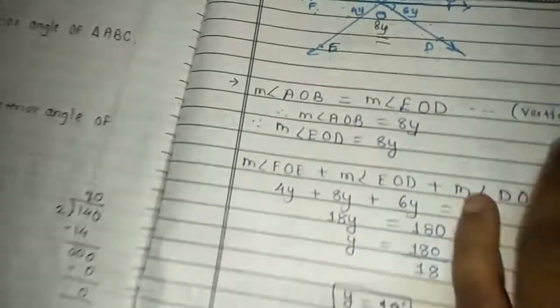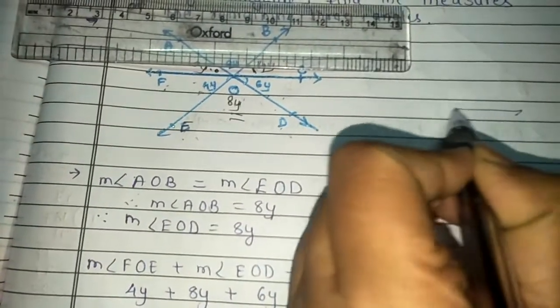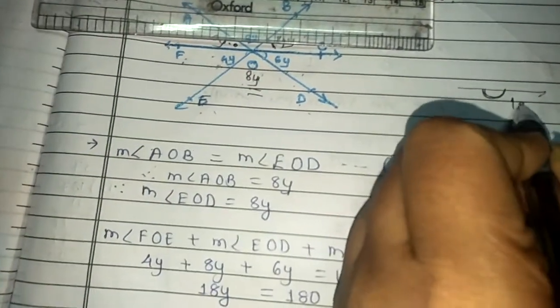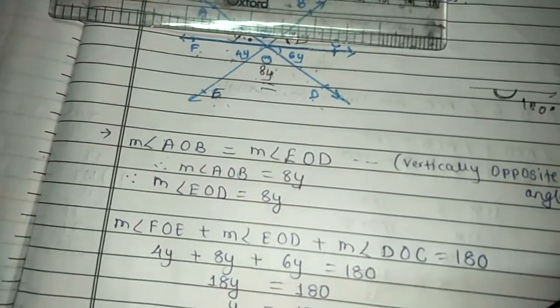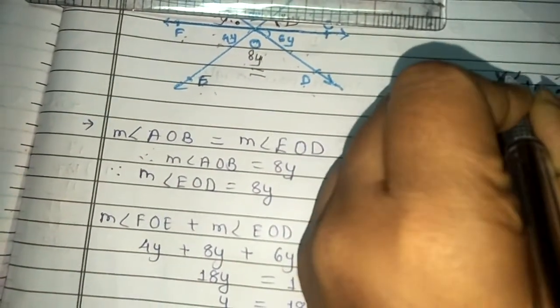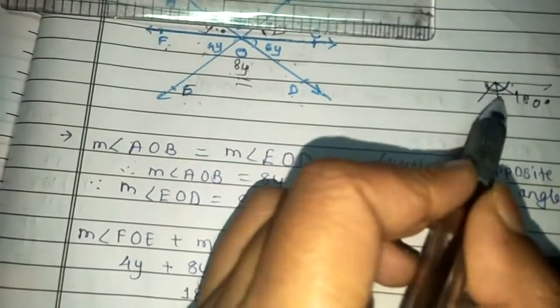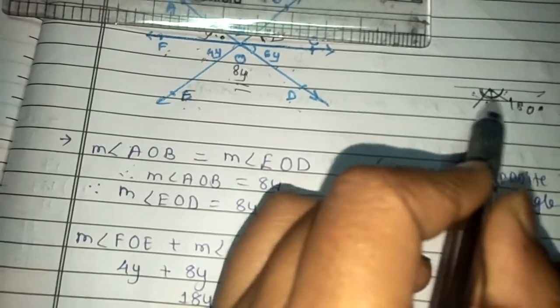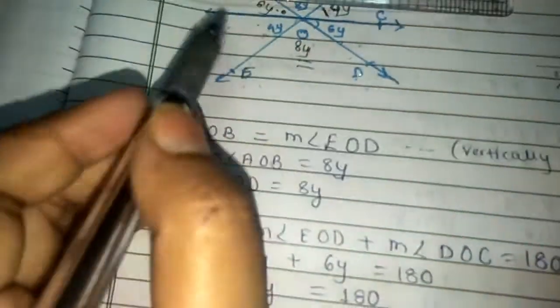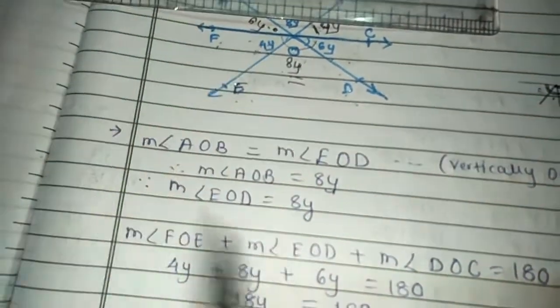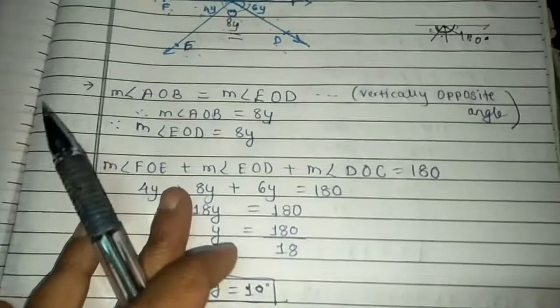Why? Because whenever we form an angle on a straight line, that angle is called a straight angle, and the measure of a straight angle is equal to 180 degrees. So it means that if a line divides the straight angle like this, then this angle plus this angle plus this angle and this angle, the addition of these four angles is equal to 180 degrees. The same here also: on line FC, which is the straight line, these three angles are forming. So the measures of these three angles add up to 180 degrees. So here we just write down that only.